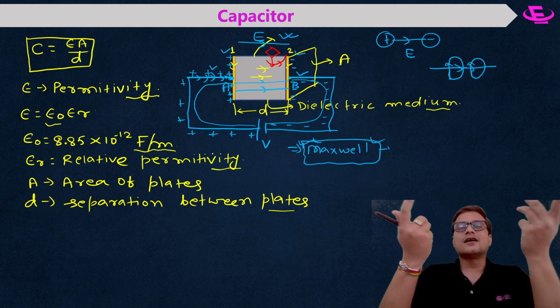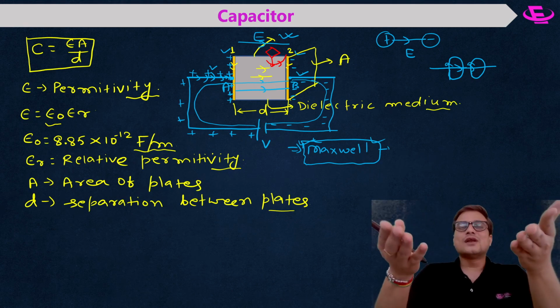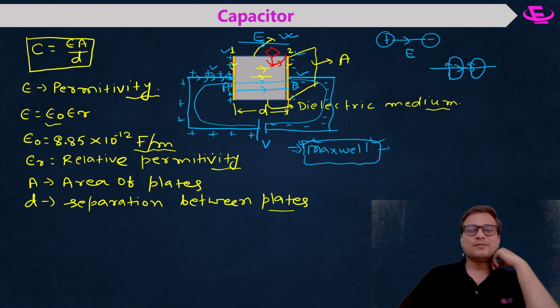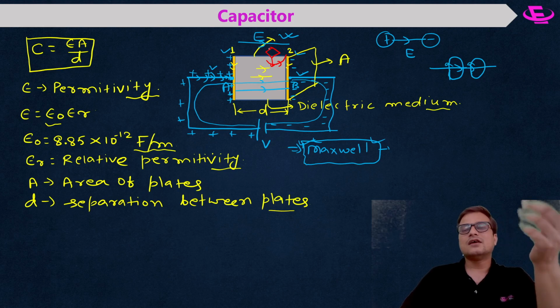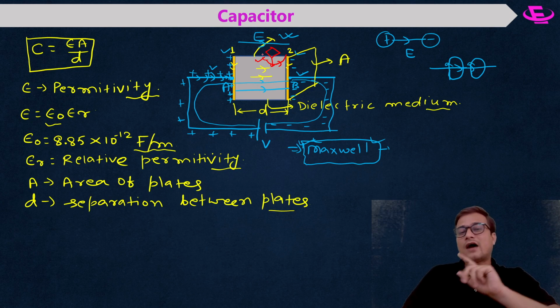So everybody started laughing at him. Why? Because everybody told that it's an insulator. So how is current possible? But he told no, current will definitely be there, because if there is deflection, it means magnetic field, and a magnetic field is possible only when there is current. He told that there is current. Nobody agreed with him. Again he started thinking. So what did he think?